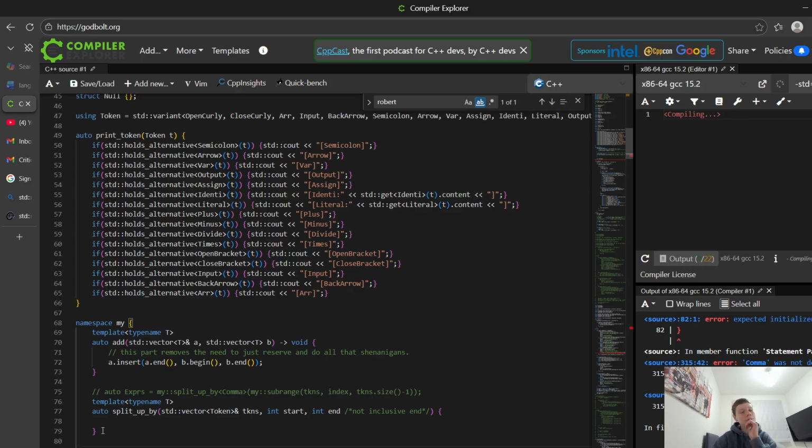Wait, can a variant be a template parameter? It's gotta be. You can't not, because a vector by nature is just a templated type. So,